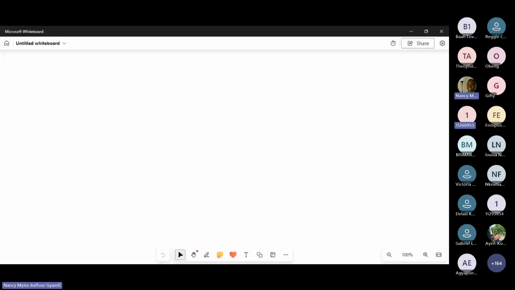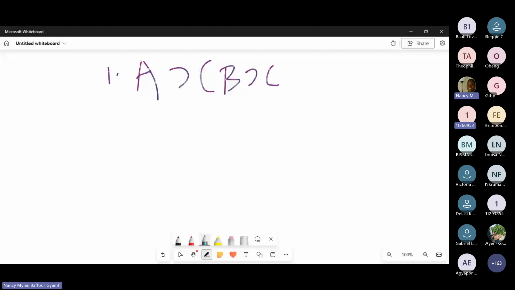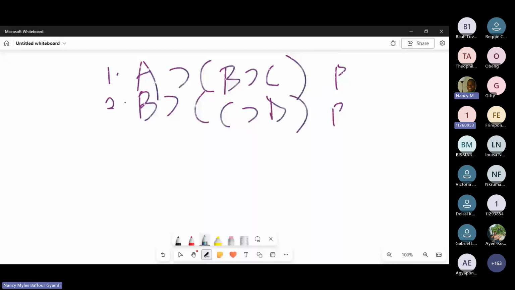Okay, now we have our screen. Let's finish. All right, so everyone, please, let's work on this. Premise 1: A conditional, open bracket, B conditional C. Okay, let's do 2 together. Premise 2 will be B conditional, open bracket, C conditional D. I'm sure those of you who are engaging tutorials would have seen that. That's the second premise. Then I want you to prove, therefore,